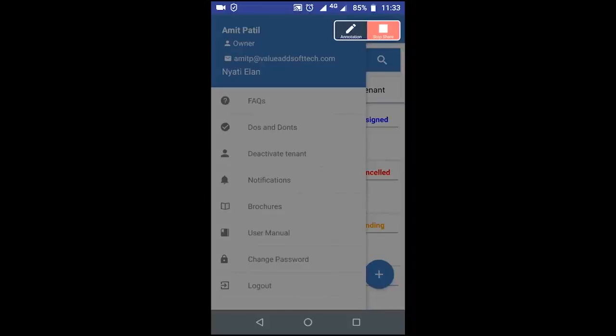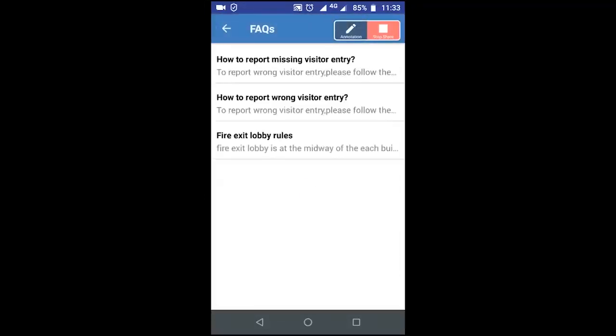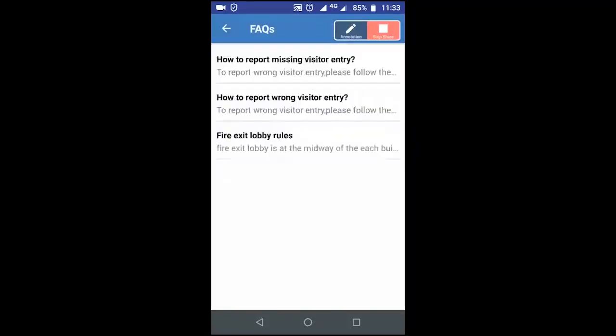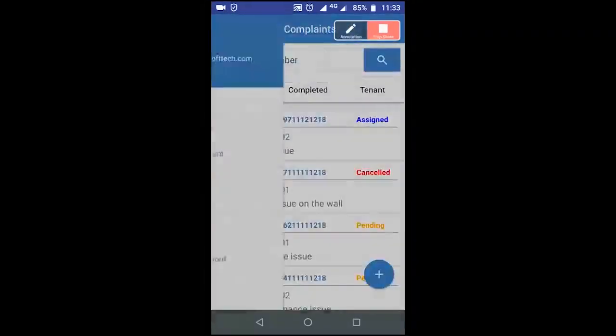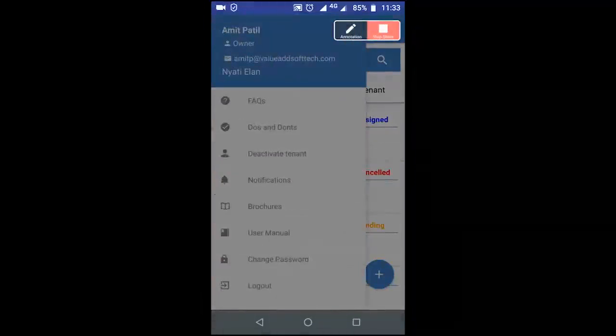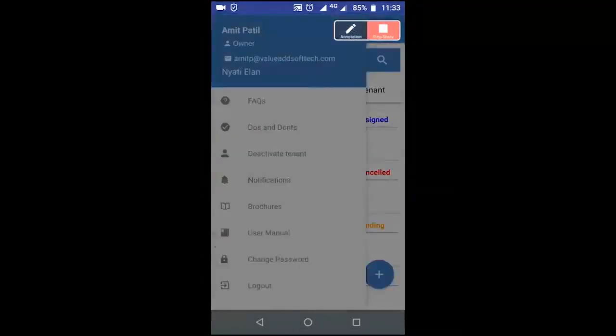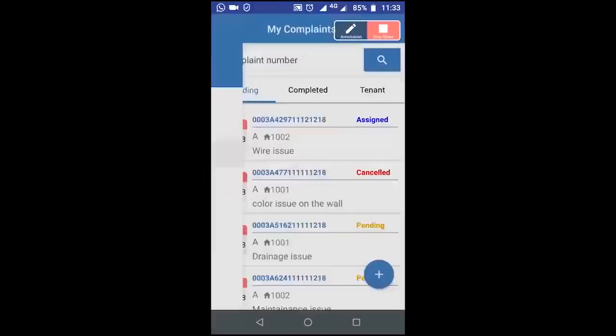On FAQs, we can list all the FAQs. We can click on an FAQ to see the details of it. On do's and don'ts, we can click to see all the do's and don'ts. With deactivate tenant, we can deactivate the tenant of our flat.